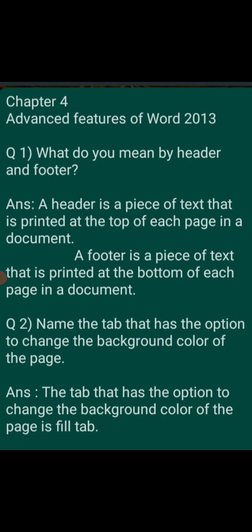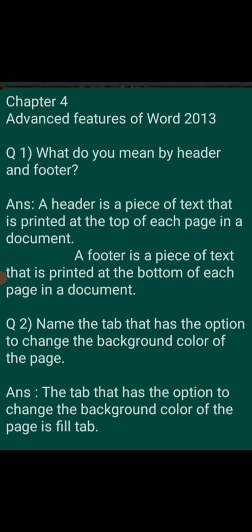Full stop. Then you change the paragraph and write, a footer is a piece of text that is printed at the bottom of each page in a document. Full stop.